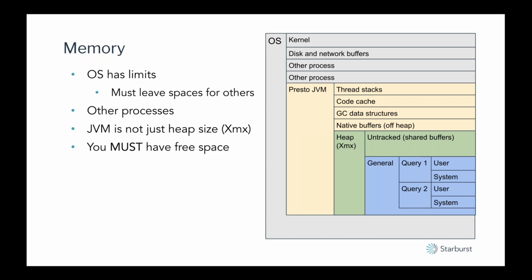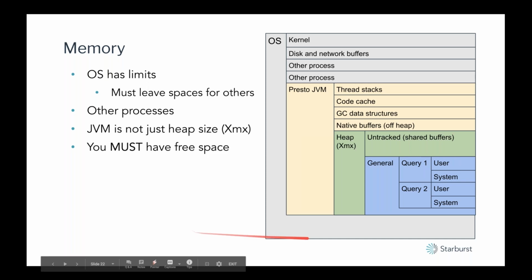So the way I think about memory is I kind of think about this picture off to the right here. I get a machine, which would be like this outer gray box. It has this OS layer on it. It's got memory allocated to the kernel and network buffers and other processes that are running in my system that are all going to take memory from me. And then I'm going to have my one big ginormous Presto process that's going to be running in the Java